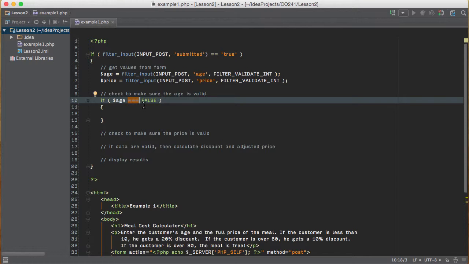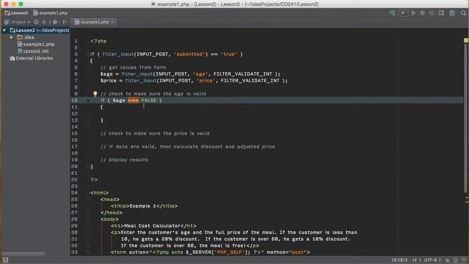You've probably never seen this if you've worked in other languages. You know that a single equals is setting a value equal to a variable. A double equals is comparing equality. And a triple equals also compares equality, but it does so in a type-safe way. In other words, it doesn't cast or switch the data types of either expression on either side of the operator so that they can be compared. So it won't convert to compare, whereas a double equals will. So if you need to know if a variable is equal to something and it doesn't have to be cast or converted over, then you would use a triple equals to test it. So in this case,